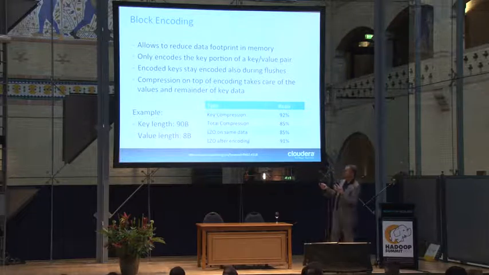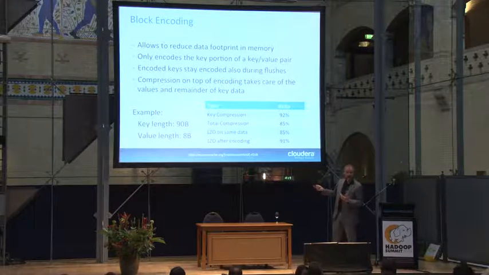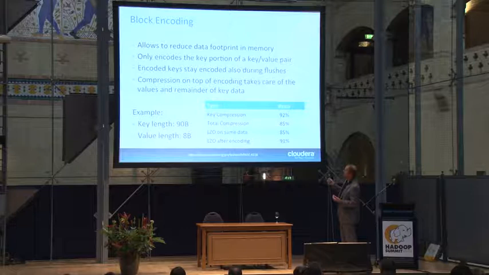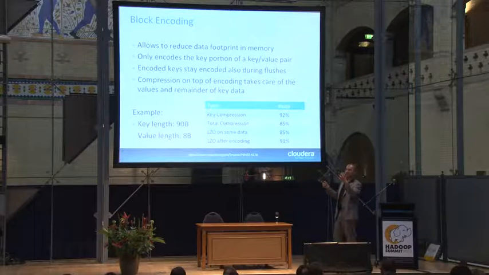And here's an example that comes from this Jira. They use a 90-byte long key and only an 8-byte value, which is typical for a counter, if you do counter updates. If you enable the encoding of the keys, the compression ratio is 92, like 92% of the original. And the total compression of the entire store is 85%. If you then LZO the same raw data, you get to sort of the same level as the total compression. This total compression means the encoded key and the original data, like the uncompressed data.